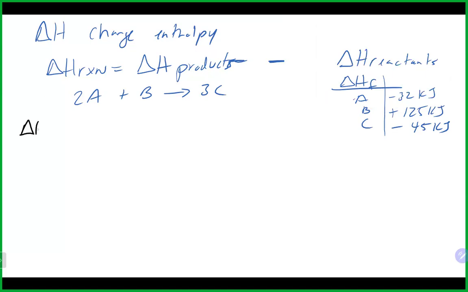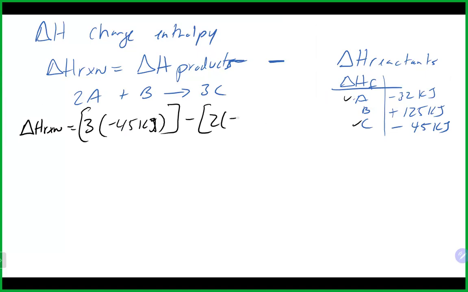So our delta H of this reaction would be 3 times our value we find for C in the table, minus 45 kilojoules. That is pretty much all of our products, minus our reactants, which is 2 times our A, which is minus 32 kilojoules, plus our B, which is 125 kilojoules. And if we add all that together there,